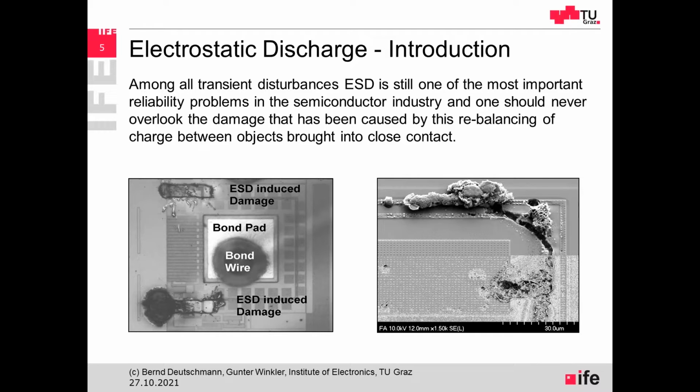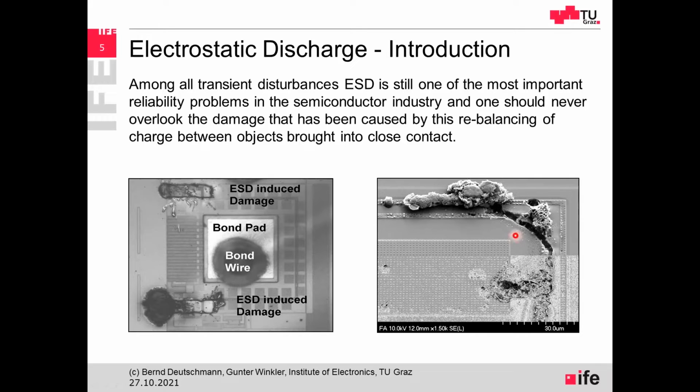And what you can see here on the screen is a typical damage that can happen when an electrostatic discharge is entering the IC. So for example, here on the left-hand side, you can see the bond pad. This is this quadratic area where the bond wire is usually connected. Here you can see the shade of the bond wire a little bit. And then usually there are electrostatic discharge protection structures around the bond pad. What you can see here is really a destruction of these electrostatic discharge protection structures on the chip due to too high electrostatic discharges.